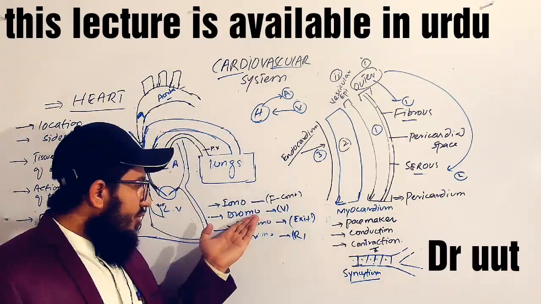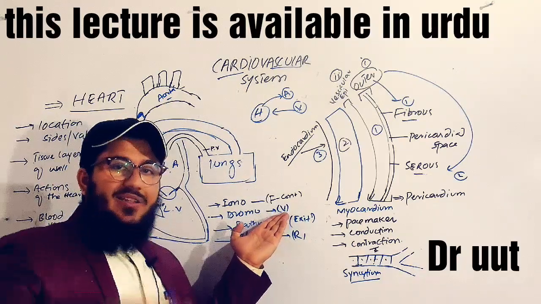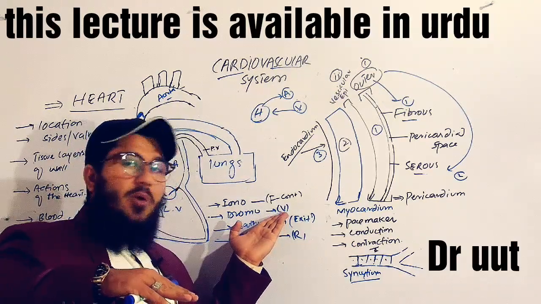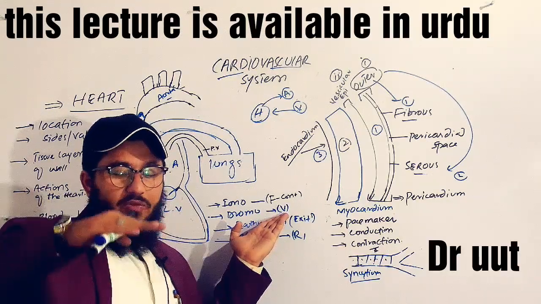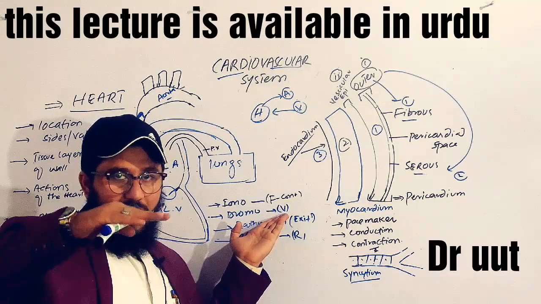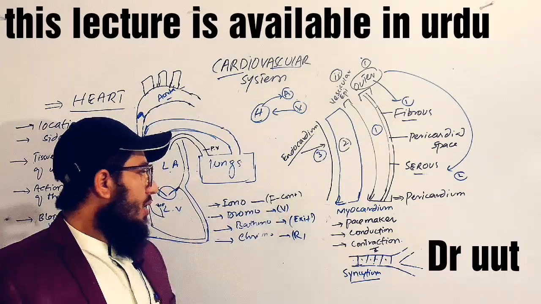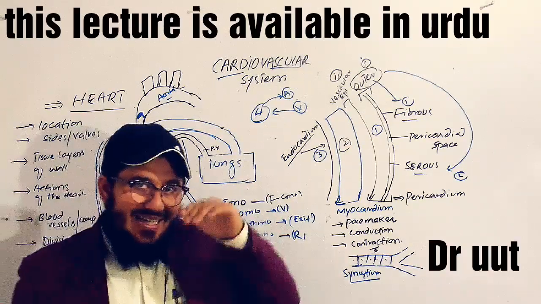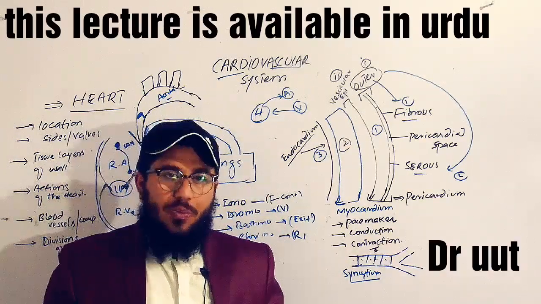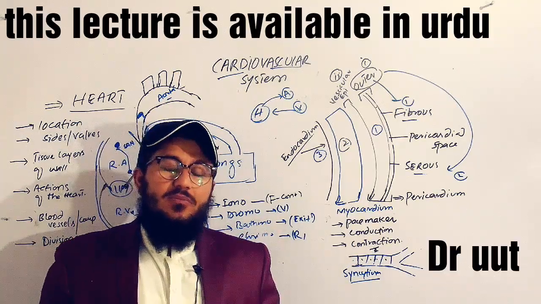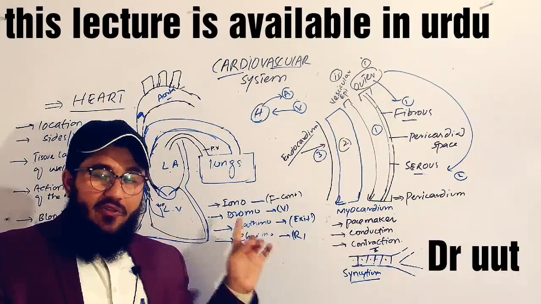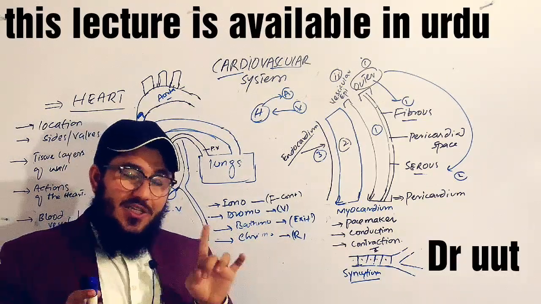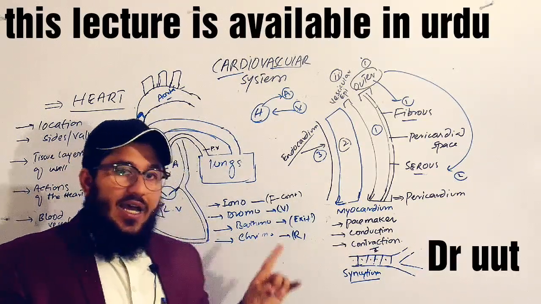The same is the case with the dromotropic. If the velocity increases, we will call it positive dromotropic action, and if the velocity decreases, we will call it decreased or negative dromotropic. And if the force of contraction increases, it is positive inotropic, and if it decreases, negative inotropic. So this effect is functional due to the sympathetic and parasympathetic actions, and we will study